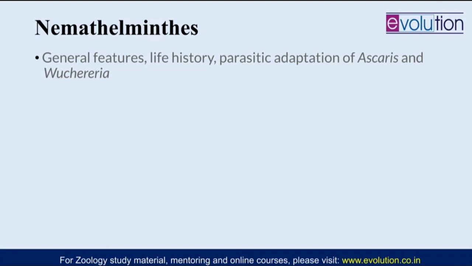Nematoda is now the phylum Nemathelminths. The other classes have now got the status of a phylum as well, and they are all minor phyla. So Nemathelminths, here they are also triploblastic organisms, so they have ectoderm, endoderm and a mesoderm. But for the first time here in Nemathelminths, there is an appearance of a body cavity apart from the gut cavity. So there is a coelom, but that coelom is not fully lined by mesoderm, so it doesn't make it a true coelom.